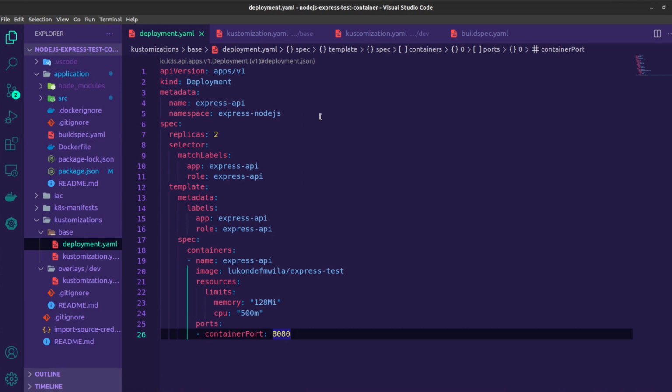For starters, you can draw your attention now to the customizations folder, and inside of here I've got my base and my overlays. Inside of my base I have the main resource that I'm working with, which is my deployment configuration file. I want to draw your attention to the spec section of this manifest file, and under here you'll see the container configurations, and this is the same application that I showed you earlier, the express test